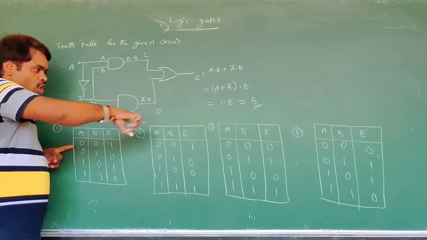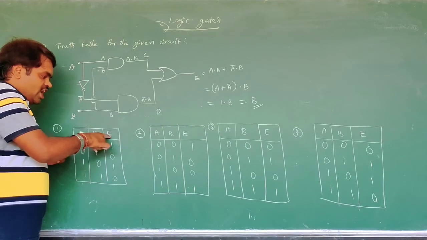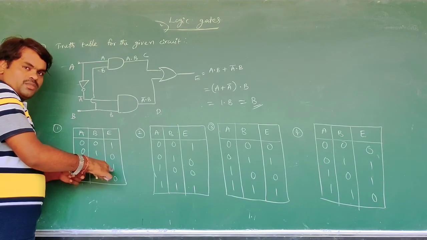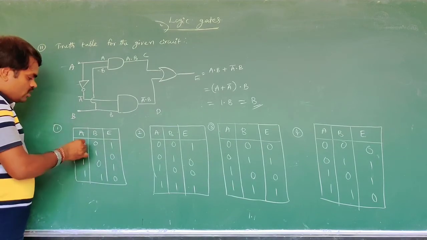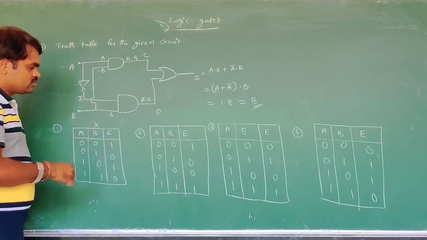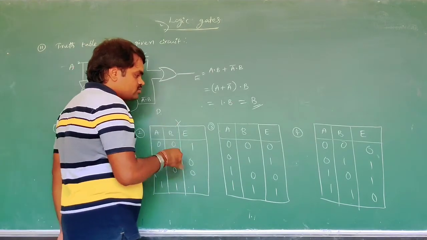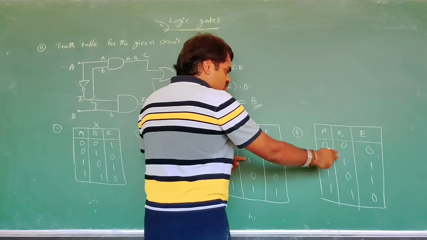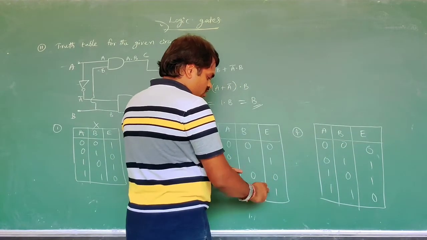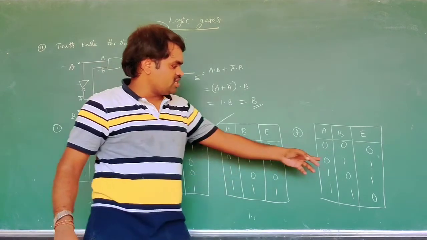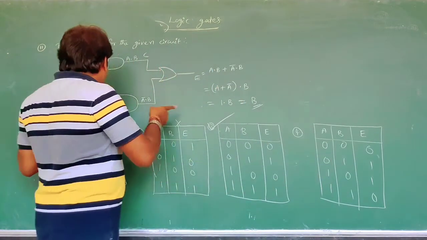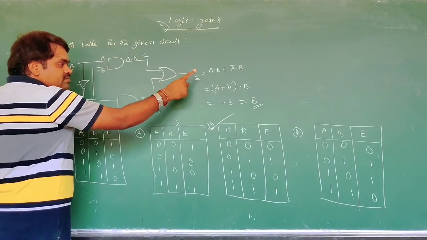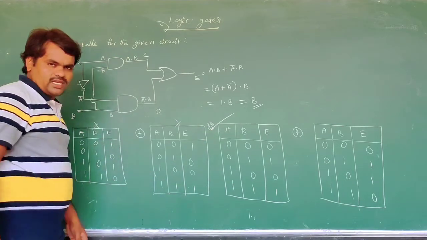Here in the given options, the input E and B should have the same numbers. You see, here 0, 1 it's wrong. 0, 0 is fine, and 1, 1 also fine. Yes, 1, 1 and 0, 0, so the option is this one, but it is not 0, 1. That means whatever we apply as input B, the same we get as the output. That's why the third option is correct.